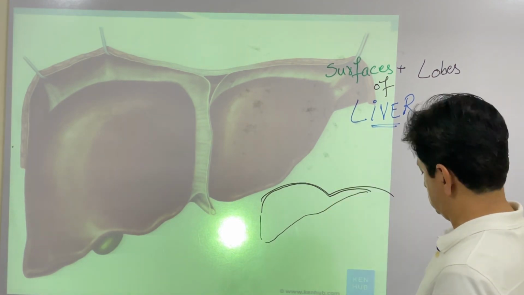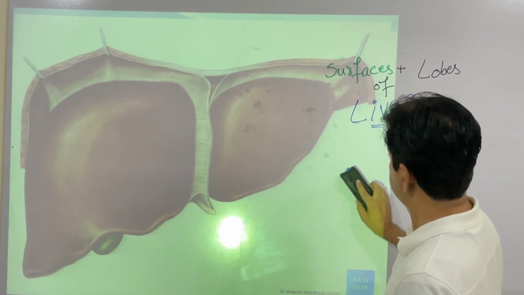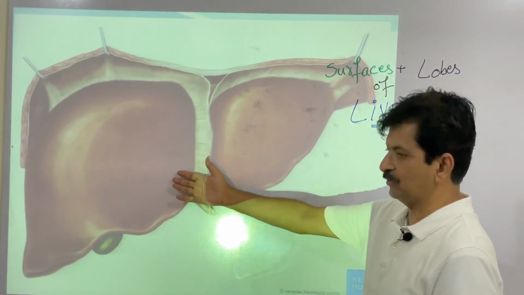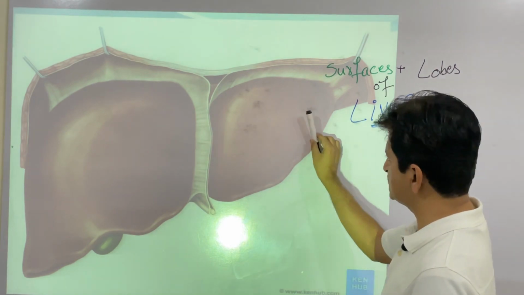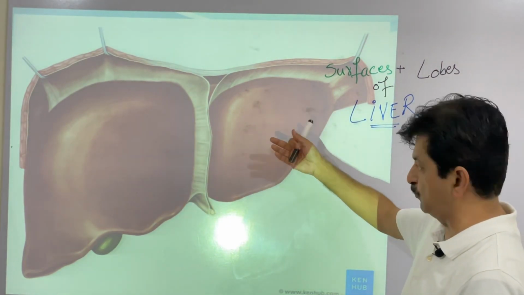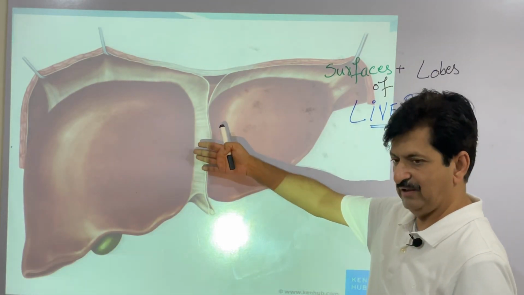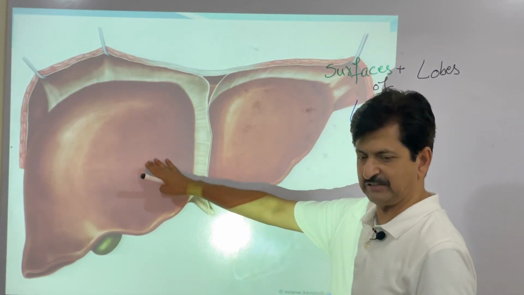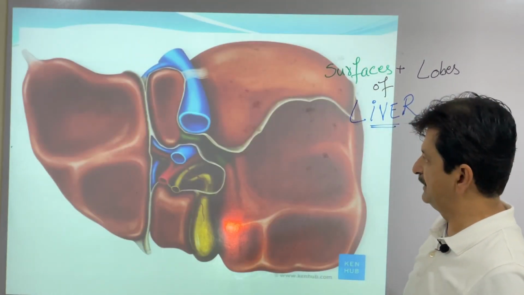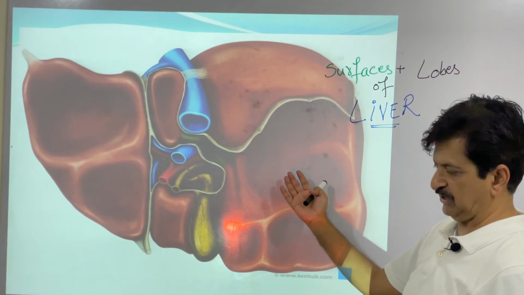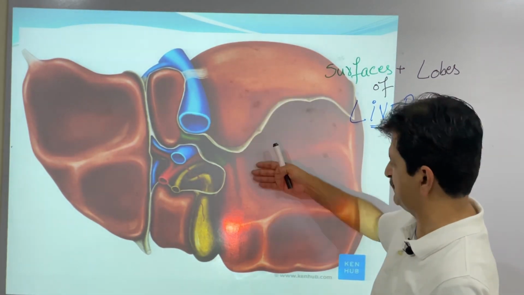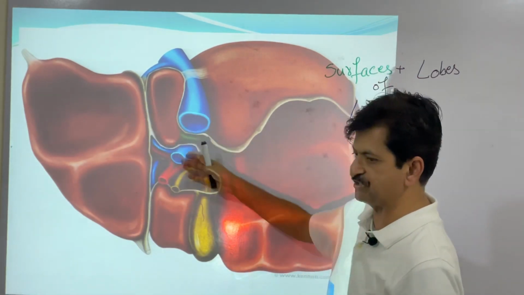Now see here, you are seeing it from a distance. This is the left lobe and this is the right lobe, and you can see this whole surface because the diaphragm has been removed. So this all is the diaphragmatic surface. It's an anterior surface obviously, but some part of the diaphragmatic surface will be superior also. You see this? This is the surface shown from behind. This is the visceral surface. It is making various impressions; we will discuss them, but these are the various impressions here.